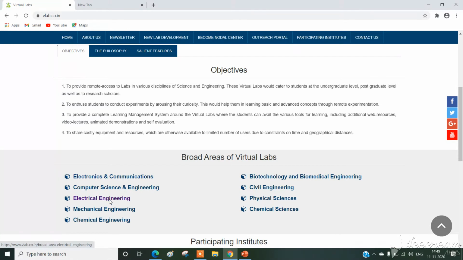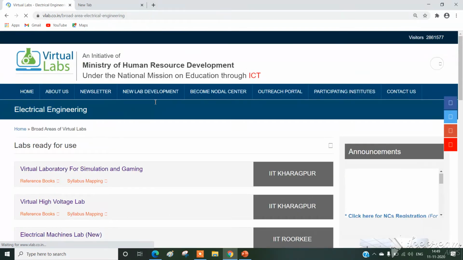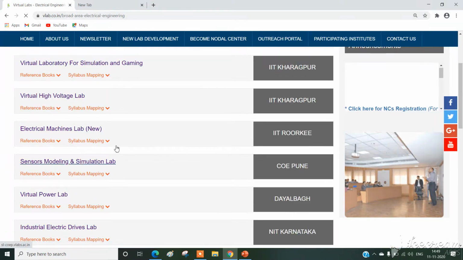Simply drop down and click on electrical engineering. It's loading. In electrical engineering, this experiment is under IIT Roorkee, so simply click on this link, IIT Roorkee.